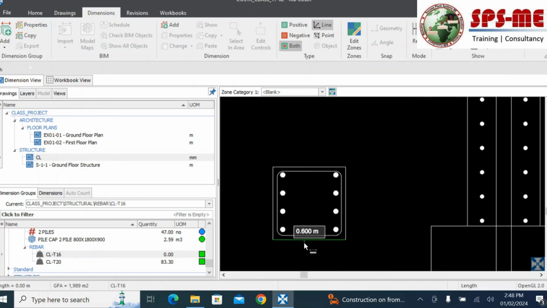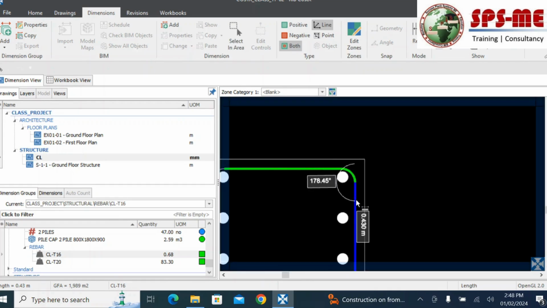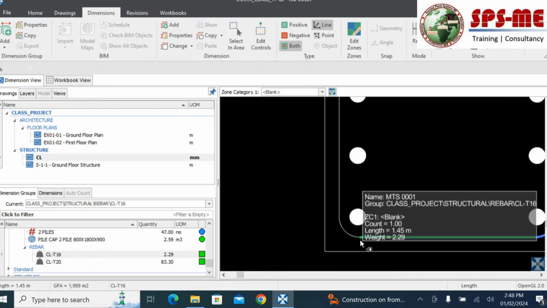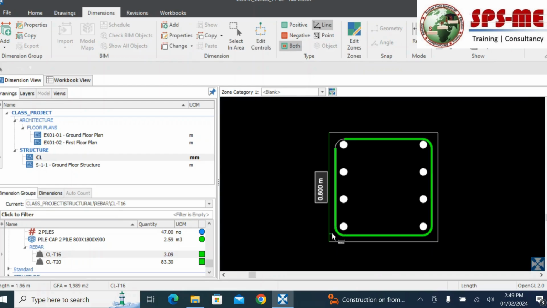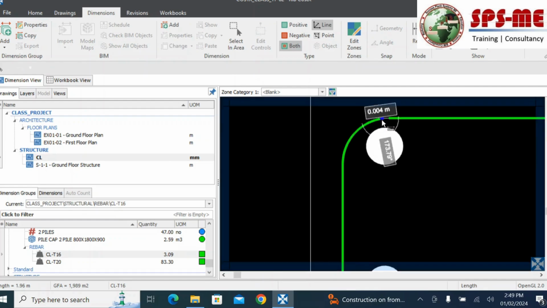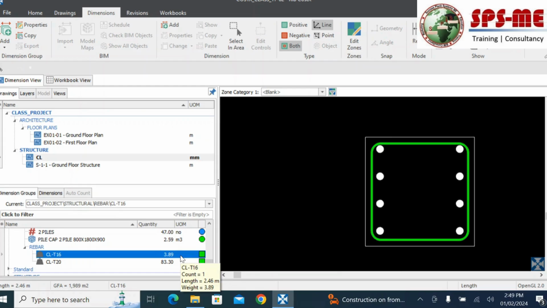you have to find out now the length of this one. So I just click this one, okay, then press the control, then you can just take this, then press the control and you take this, and press the control, you take this one, and control and take this one. So once we have taken this, you can see here currently it is coming over here 3.89. Okay, that's fine, it's 3.89, but